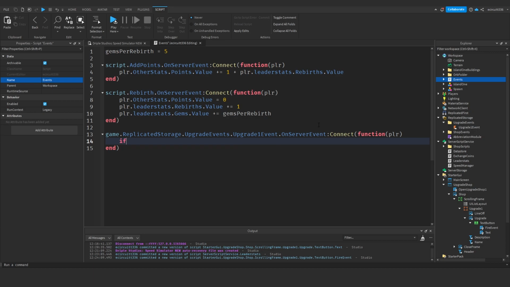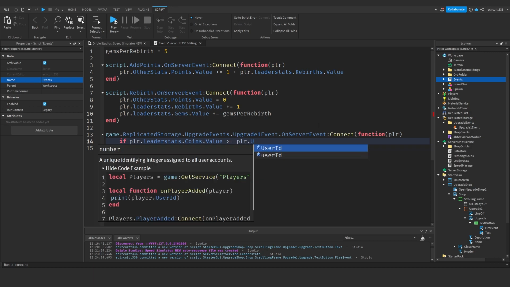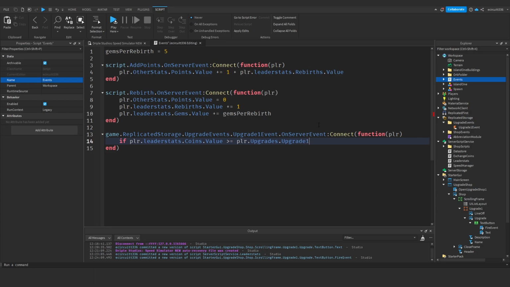So we'll say if player.leaderstats.Coins.Value is greater than or equal to player.Upgrades.Upgrade1Cost.Value, then